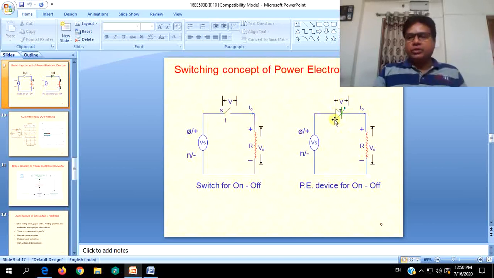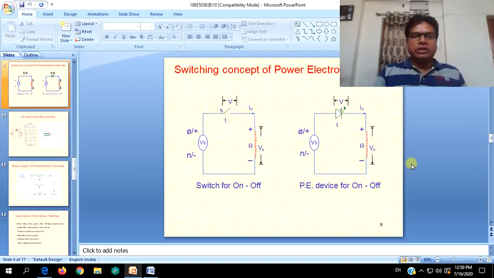These things you can compare with SPST switch, and in all the power electronic converter circuits, you will be using power electronic devices simply as switches, on and off switches, of which you can control the actions. You can decrease or increase the turn on and turn off times as per requirement. And this on and off of switches can be done in DC also at higher frequencies. Then they will be called as choppers.